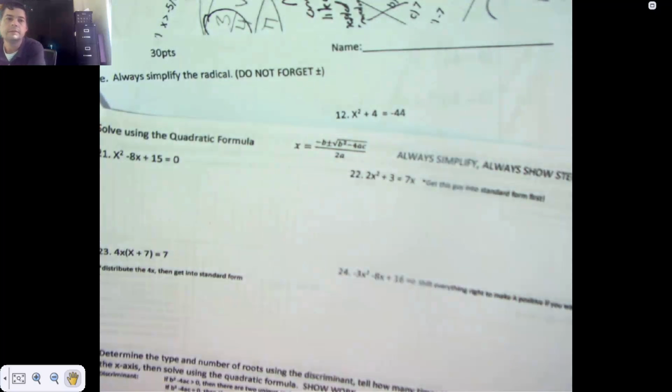All right. Solve using the quadratic formula. I don't know why I made number 21 the quadratic formula, because it is not the quadratic formula, 21 factors. I probably did that because I pulled these